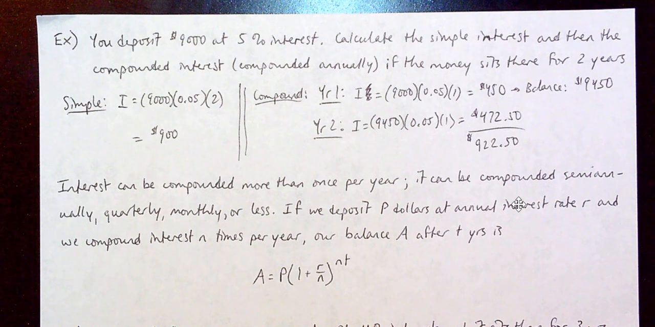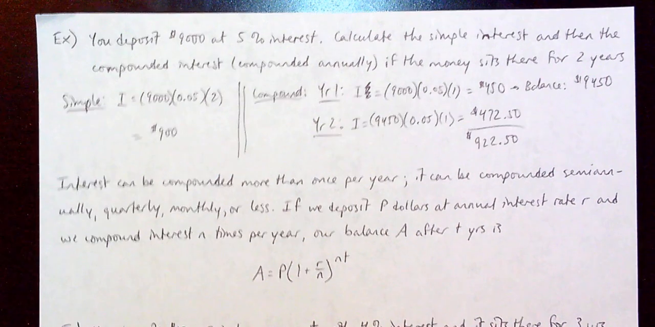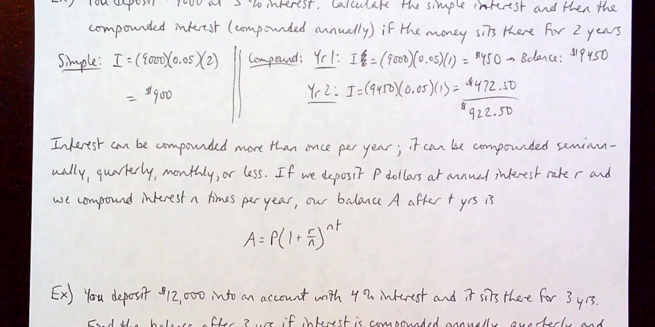Obviously, if it's monthly, we're compounding or calculating interest 12 times per year. If it's quarterly, we are compounding interest 4 times per year. So if we deposit P dollars into an account that has an annual interest rate R, and again, we're using R as a decimal here, not as a percentage, and we're going to compound interest N times per year,